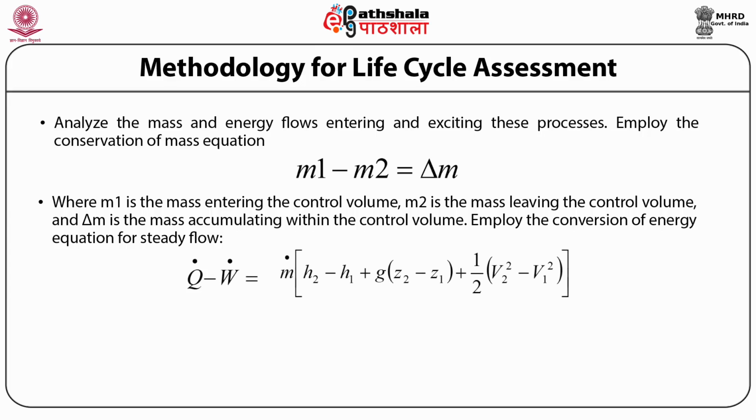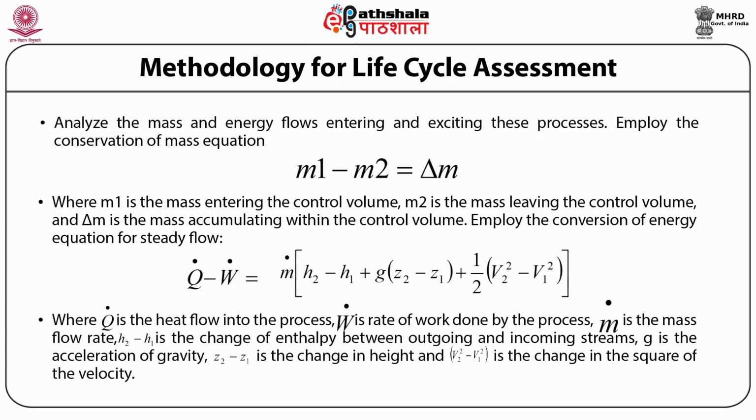Q dot minus W dot is equal to m dot bracket h2 minus h1 plus g times z2 minus z1 plus half of v2 square minus v1 square, bracket closed, where Q dot is the heat flow into the process, W dot is the rate of work done by the process, m dot is the mass flow rate, h2 minus h1 is the change of enthalpy between outgoing and incoming streams, and g is the acceleration of